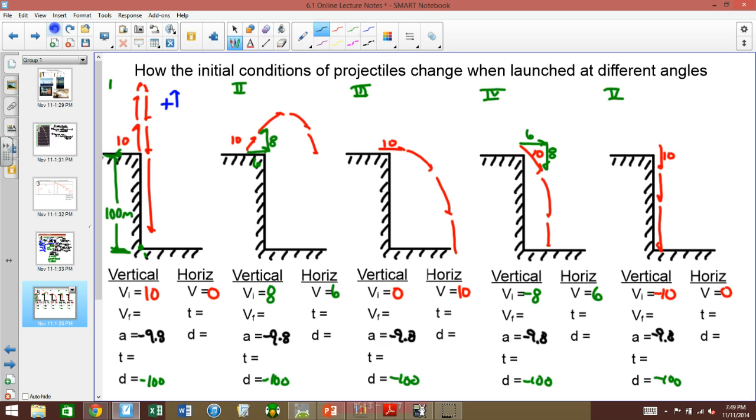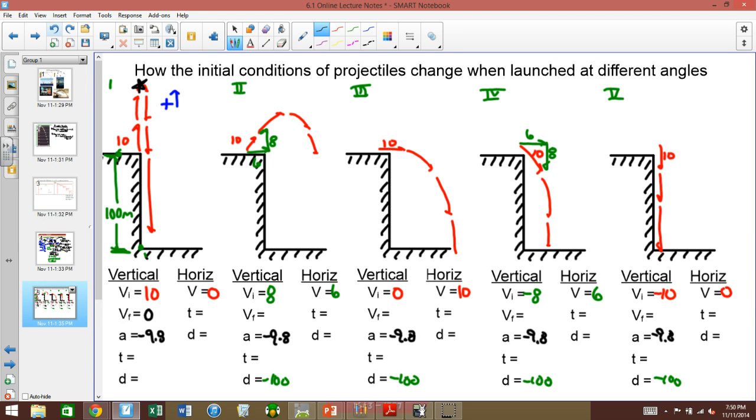Even if you launch something on flat ground, you could say the displacement equals 0 because it starts and ends at the same spot. You could solve for time and get the hang time. So that's kind of a rabbit in the hat you could utilize. Other things, I think that these are the initial conditions. If you wanted to, you could use this spot and the final velocity there would be 0, but if you're going to use that spot, you can't use -100 as the displacement. You could use these 3 things to figure out how high it went in the air, and how much time, but you're not going to be able to